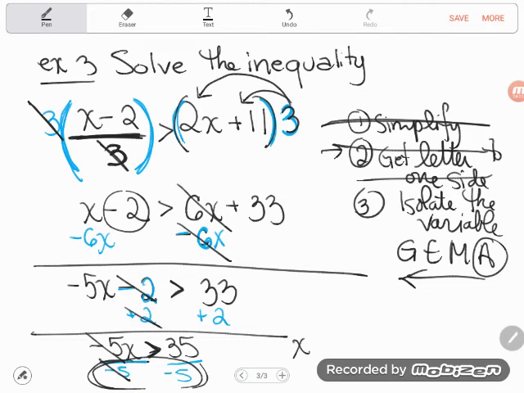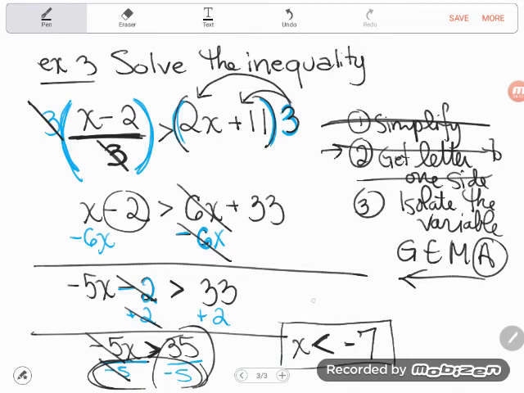This one was a greater than. It's now going to be a less than. And there's the work to do. 35 divided by -5, not -5 now. 35 divided by -5. You can do it in your TI if you don't believe me, but that is -7. So x is less than -7. So there's the solution